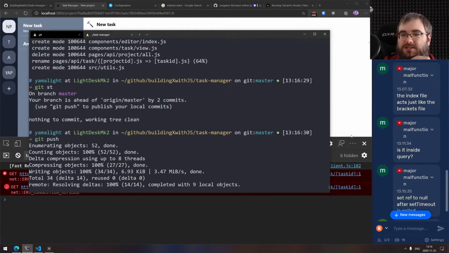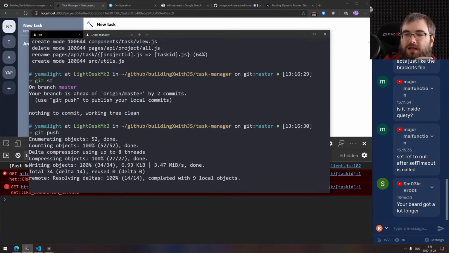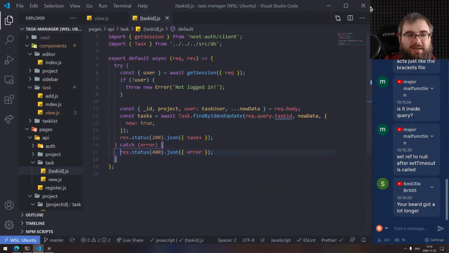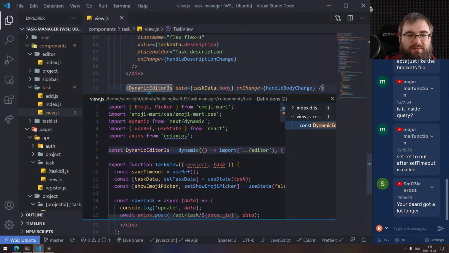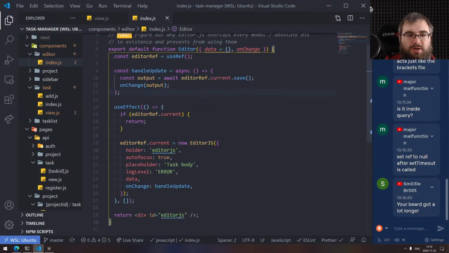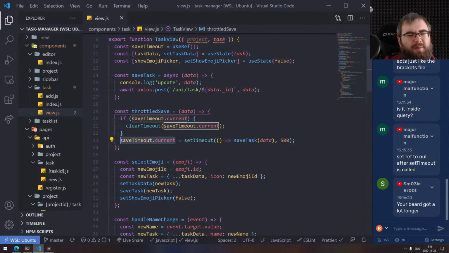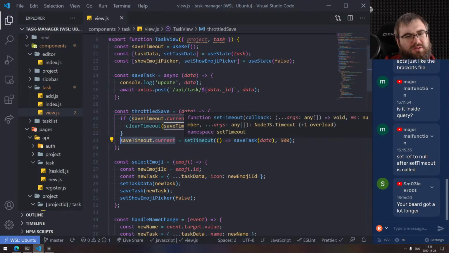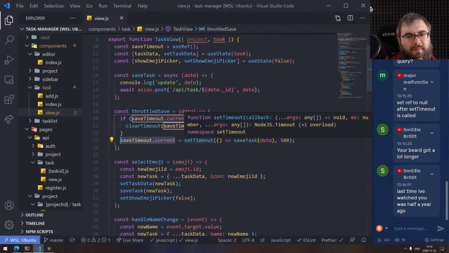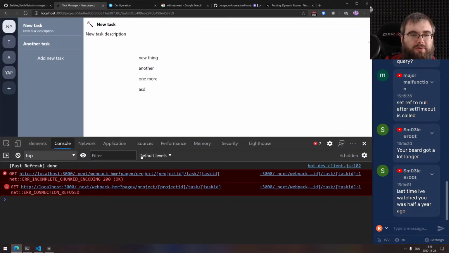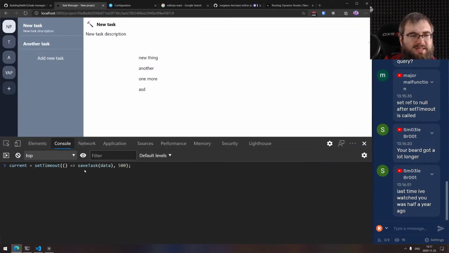Let me have a look at the chat. Set ref to null after the set timeout is called. That is very right. You are completely correct. Let me have a look. Yes, editor. So no, we are doing it in view actually, right? So we need to reset that. But doesn't the timeout reference reset on its own if you don't set it? Like, wait a second. I am curious. Wait. I don't think I ever did that, and I think